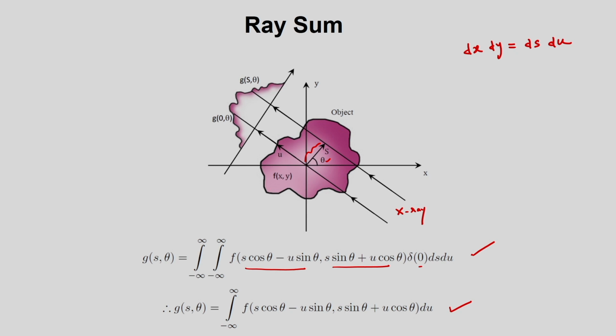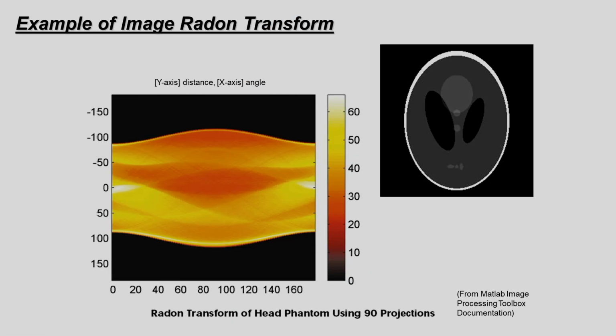That is, the sum of the input function f(x,y) along the direction of the X-ray path whose distance from the origin is s and whose normal vector is in the theta direction. That is the definition of the ray sum. So, the Radon transform is mapping the spatial domain (x,y) into that (s,theta) domain. This is the mapping. Last class we explained this concept of the ray sum, and